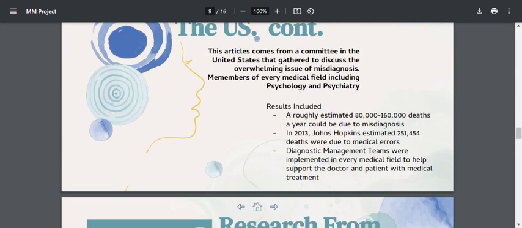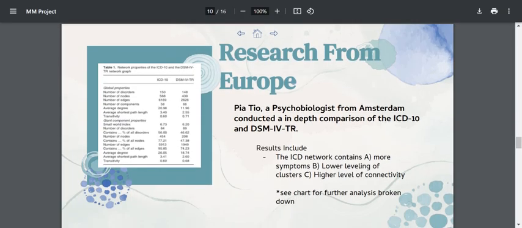In 2013, Johns Hopkins estimated 251,454 deaths were due to medical errors. Diagnostic management teams, or DMTs, were implemented in every medical field to help support the doctor and patient with medical treatment and diagnoses. In Europe, the ICD network,